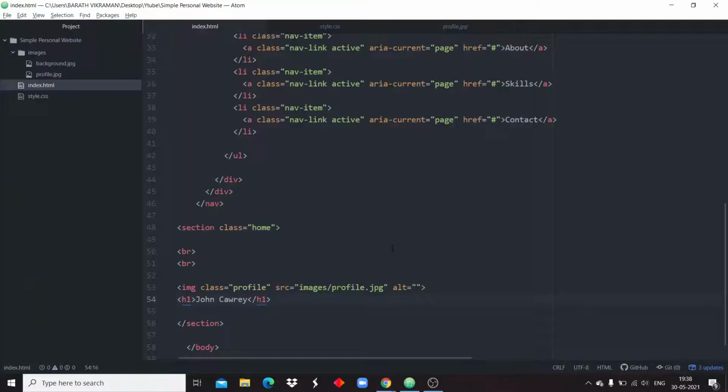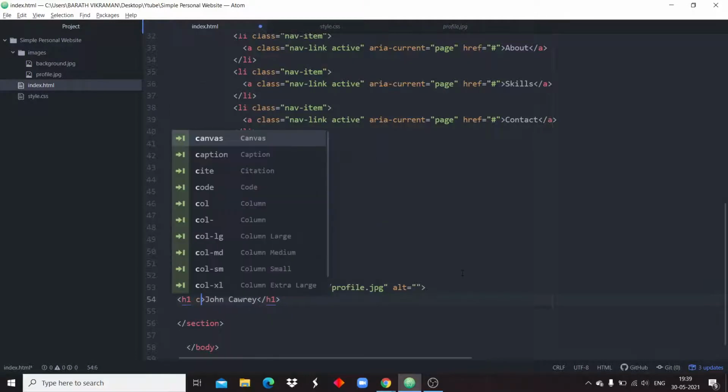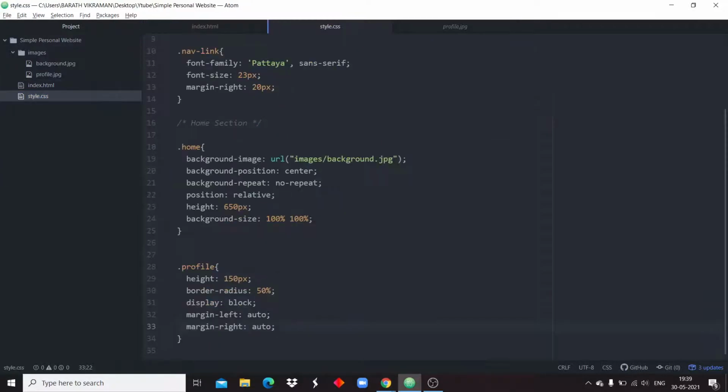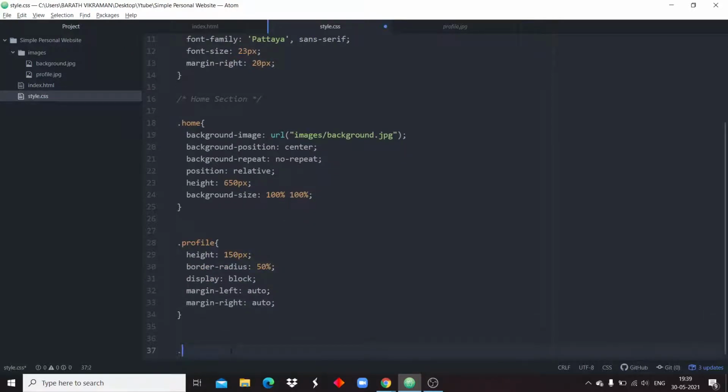It won't work because we need to specify the position of the element. I'm just giving a class name as profile name, or pro name. Just target the pro name.